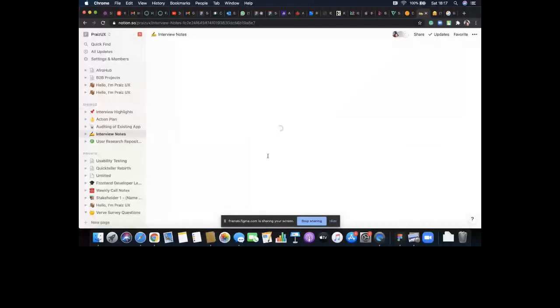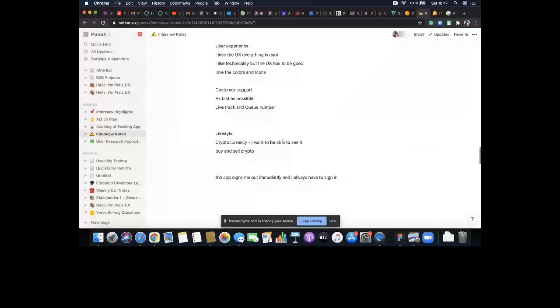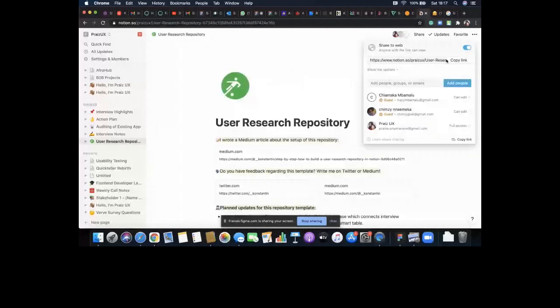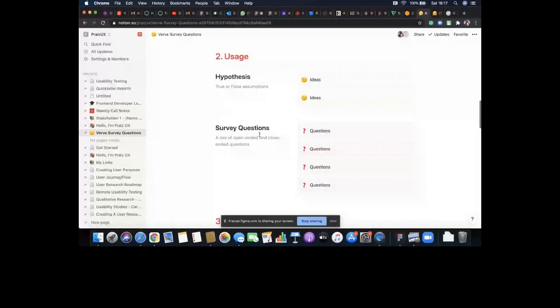I'm sorry, it's coming up. This user research repository, I think I can share. You have everything that you can do when it comes to user research. I'm going to copy the link and share it out. When I'm working with stakeholders, and we're trying to build hypotheses before we send things out, I have this kind of format that I'm working on. If I want to do usability testing, I worked on this this week. I have this format as well.